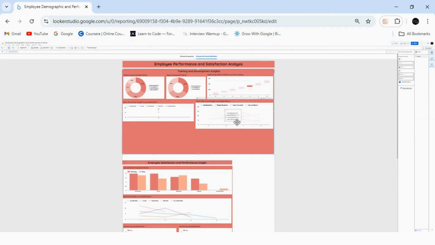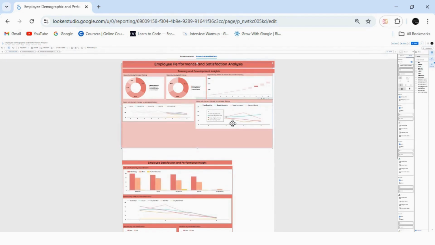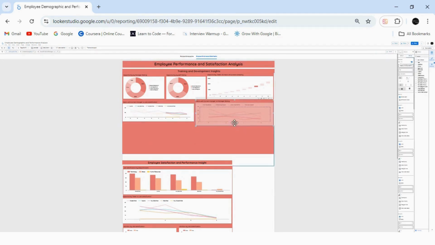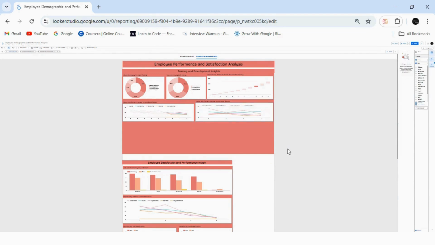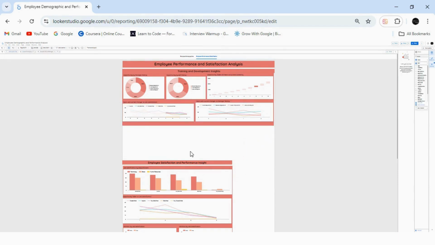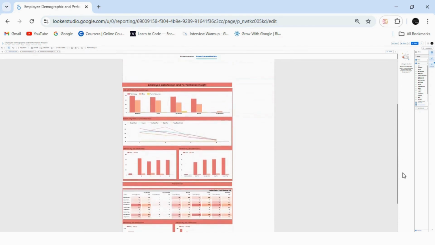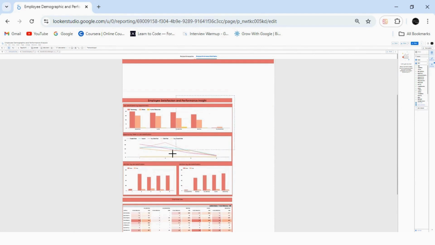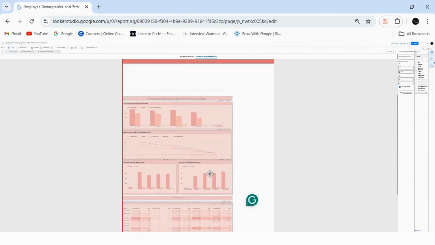I'm adjusting the size of these line charts. Because now you can see I'm just dragging all of this and making it